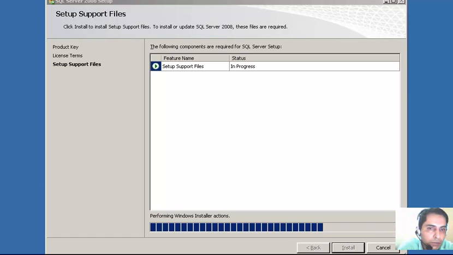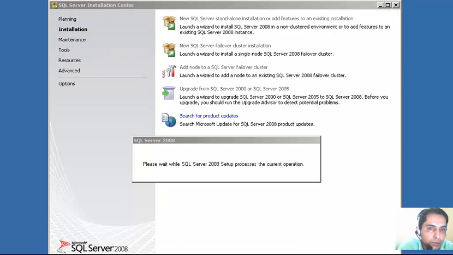That screen is gone, and we are moving towards the end screen. It is looking for some of the other details, and it will pop up the screen showing what we want to install. I think that should be the screen coming up. It will give us the option to select them,